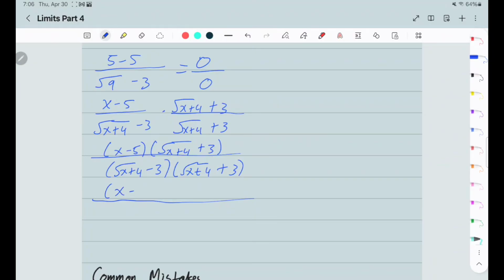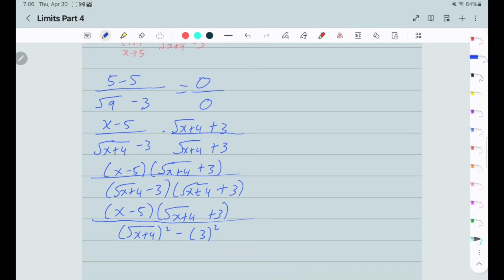So then we could just simply write x minus 5 over root x plus 4 plus 3. And on the bottom it's an identity, so it's going to be a square minus b square, which is root x plus 4 squared minus 3 squared. Now